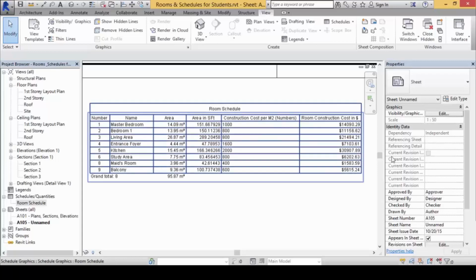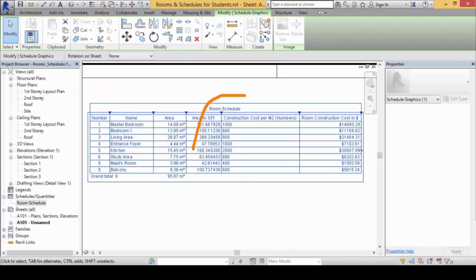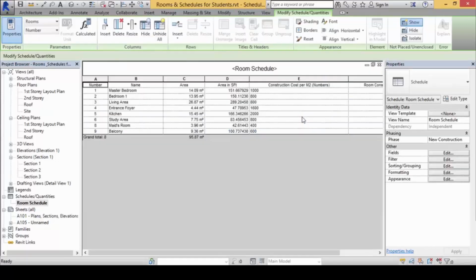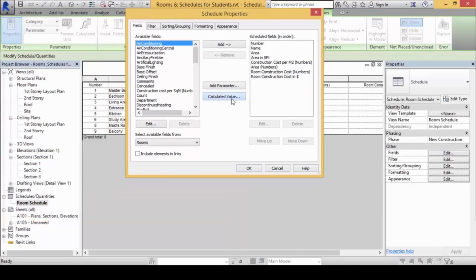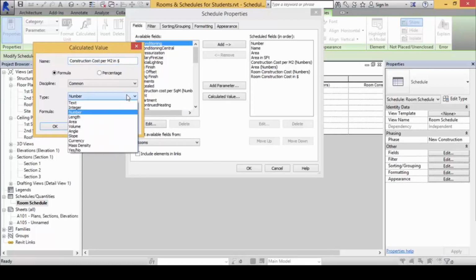Okay, now I'm going to revise this a little bit, because this one is in digits. I am going to convert it to currency. And to do that, I must click on edit schedule, click on fields, and add in a calculated value called, let's say, Construction cost per meter squared in $, and change it to currency unit or currency type.